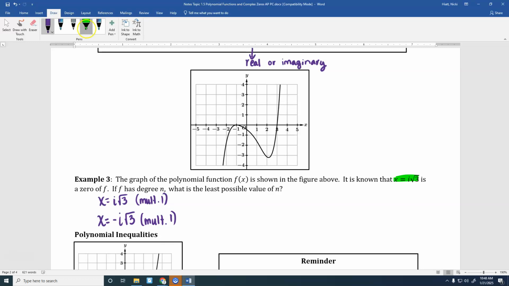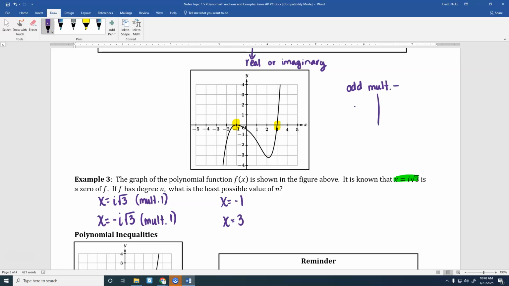If we add this to what we see on the graph, I've got two other x-intercepts. So real zeros I can see from the graph. So I know I've got x equals negative 1 and x equals 3. And I need to think about the multiplicities for these as well. So for odd multiplicity,